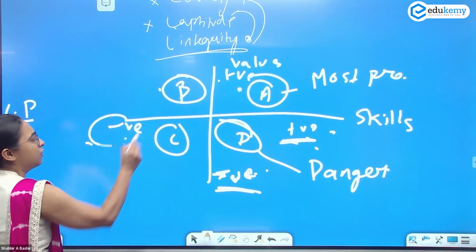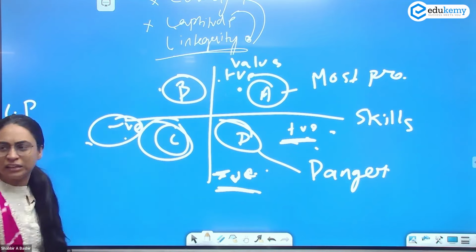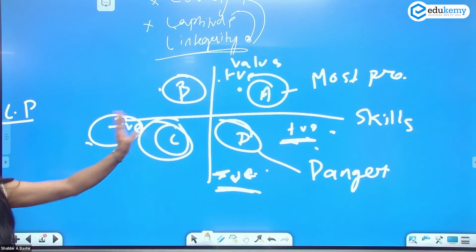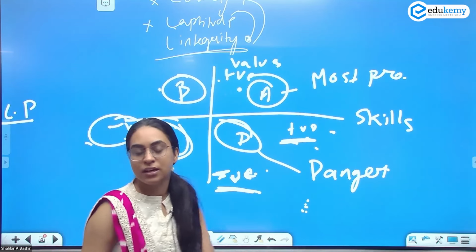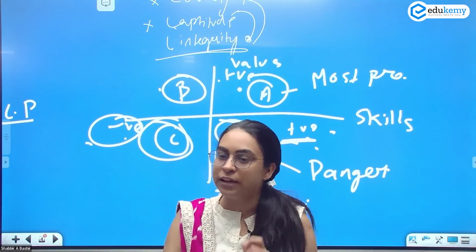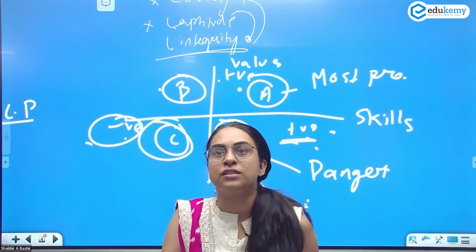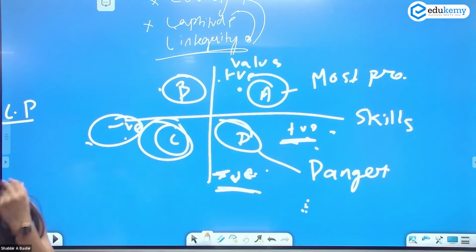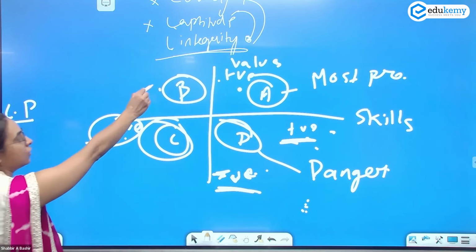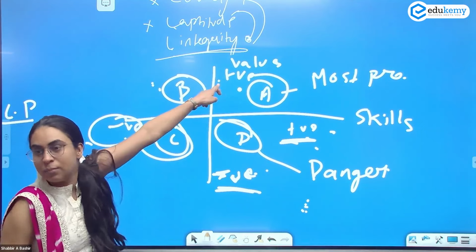This person, he is not mattering. ये matter ही नहीं करता है. इसको recruit नहीं करेंगे, ये matter नहीं करता है. But इसको तो definitely नहीं करेंगे because he has got good skills but he has got negative values. C would be least preferred. No, D should be least preferred. C does not matter to me. What about B? This person has good values but has negative skill.